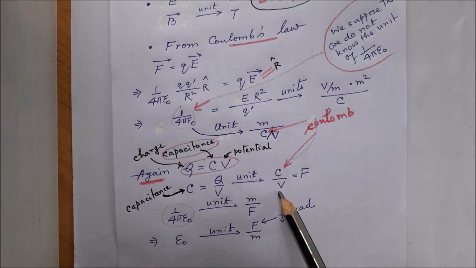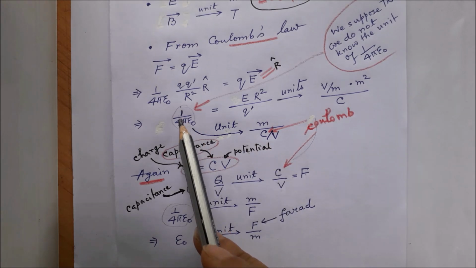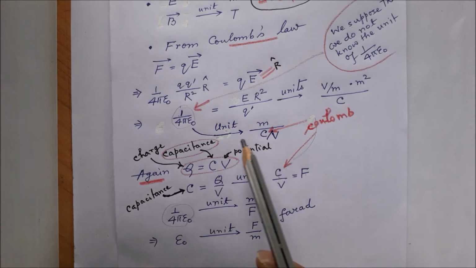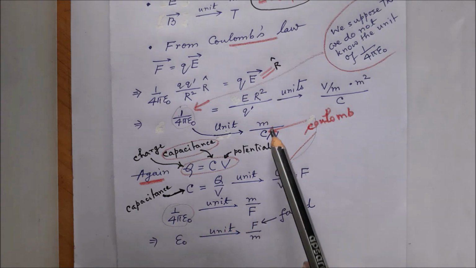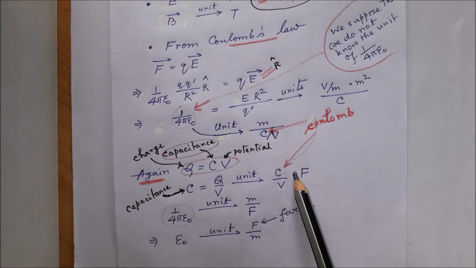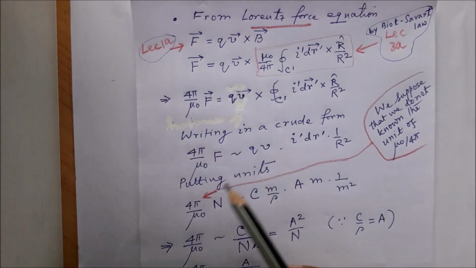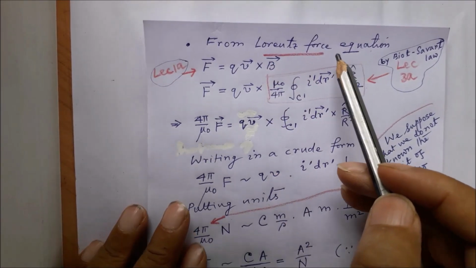Now this coulomb per volt occurs in the expression of 1 by 4 pi epsilon 0 here in the denominator, and therefore 1 by 4 pi epsilon 0 can be recast as meter per farad. So we have 1 by 4 pi epsilon 0 as meter per farad, and therefore epsilon 0 turns out to be farad per meter. We will sum up later, but first let us consider the Lorentz force equation,